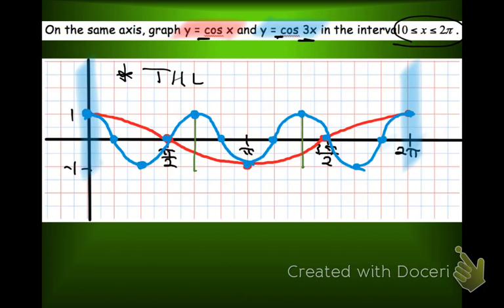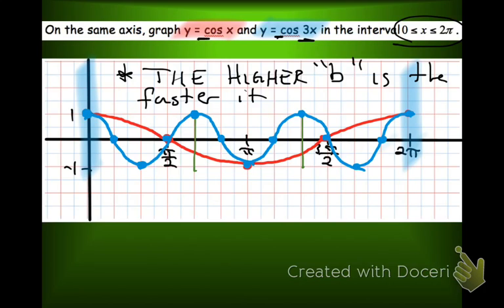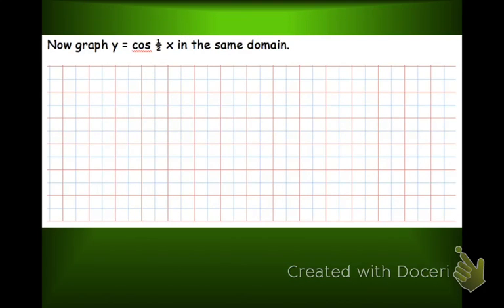The higher B is, the faster it goes. So that means that you're happening 3 times in the time that it would normally take for one cycle to happen. So what I would like you to do is, on your own, I'd like you to give